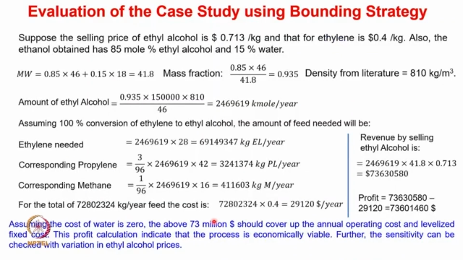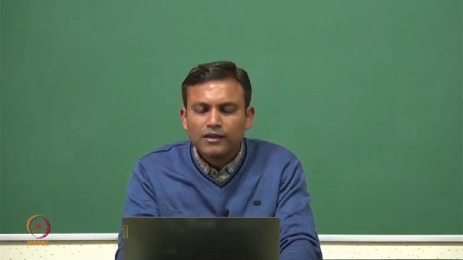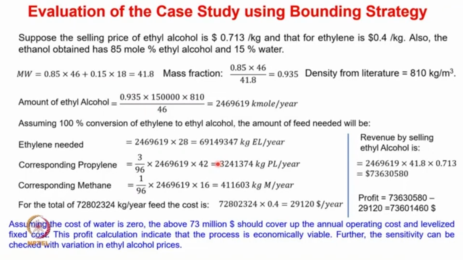So now let's look at the bounding strategy in order to understand whether this particular process is going to be beneficial for the company or not. Clearly, the company intended to sell 1,50,000 meter cube per year of the ethyl alcohol. With respect to this demand, we are trying to understand whether the process is going to be profitable or not. So let us consider that the selling price of ethyl alcohol is $0.713 per kg, and assume that the price of the ethylene is